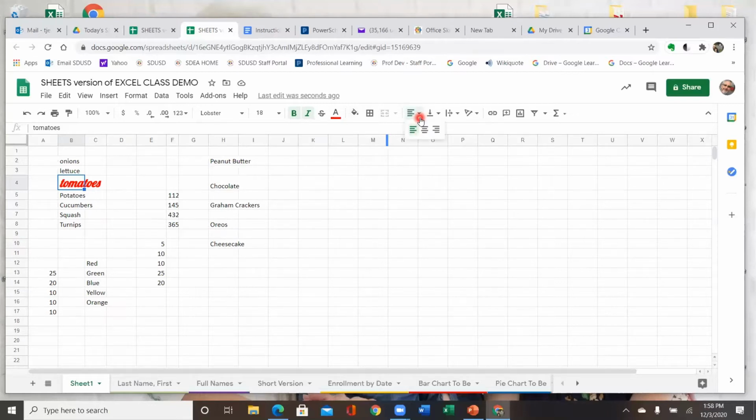But here's the alignment, if you want to be aligned left, aligned right, or in the middle. Different things you can experiment with. And some of these other ones we'll get to a little bit later as we get into it. But here we go. So right now, as far as formatting goes, we have this word tomatoes here in cell